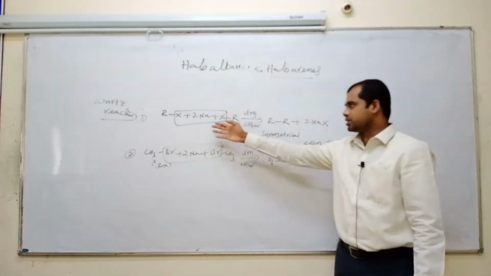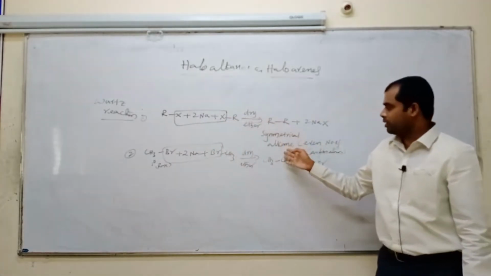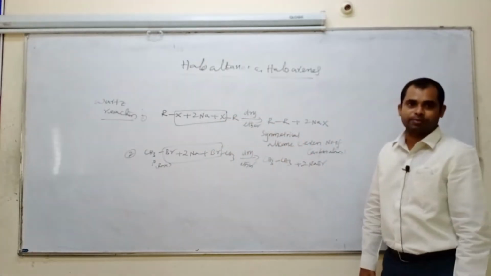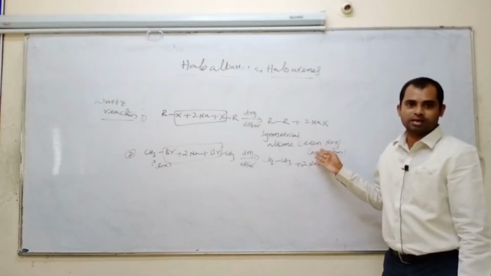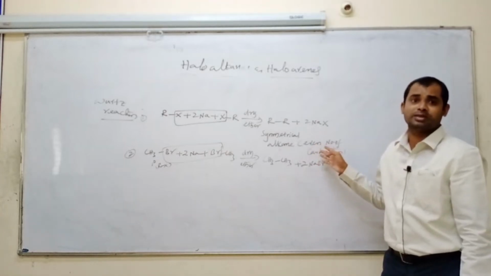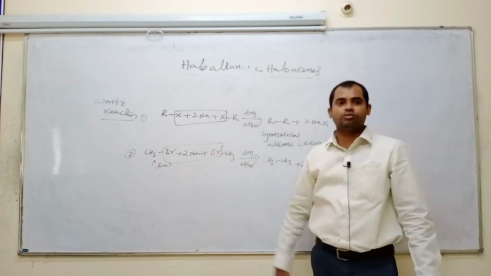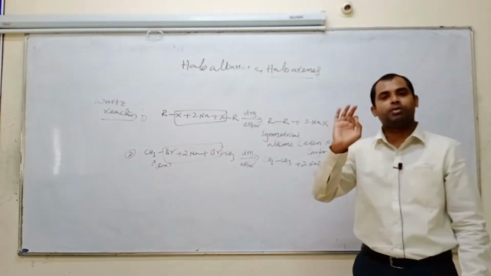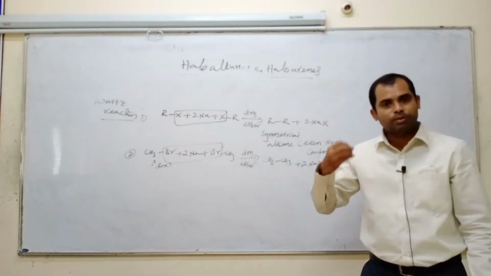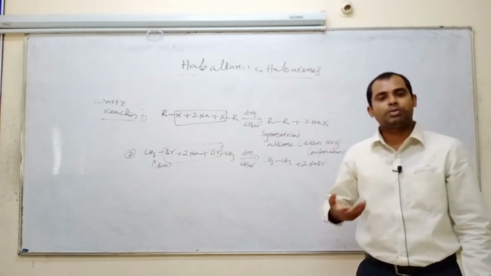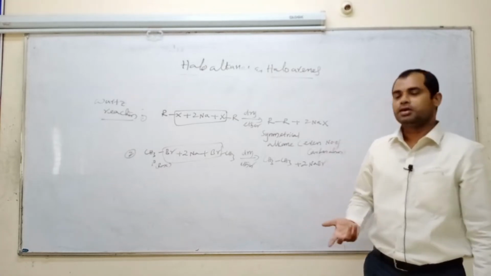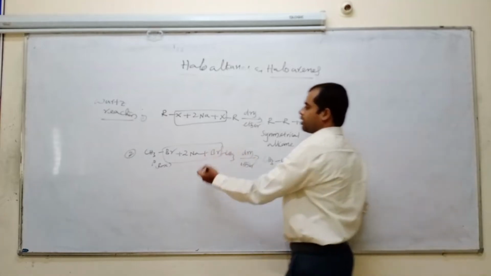So by the Wurtz reaction, we obtain symmetrical alkanes, which also contain an even number of carbon atoms. That means by using the Wurtz reaction, we always prepare products with an even number of carbon atoms only. Odd numbers of carbon atoms you can't prepare. So that is one application. This is a primary alkyl halide.